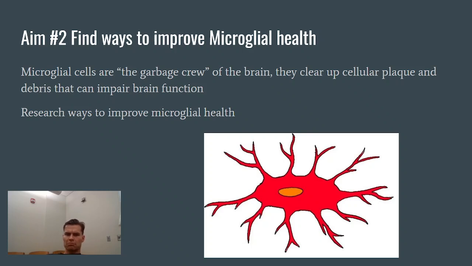So another thing that happens with type 3 diabetes, when the brain isn't running off the correct amount of energy due to lack of glucose, you have microglial cells that do not function properly. So microglial cells, here's just an animation of one. They're essentially the garbage crew of the brain, and they clear up cellular plaque and debris that can impair the brain's function. So when these guys aren't working properly, you're going to have a lot of buildup in the brain of things that shouldn't be there, and this can get in the way of